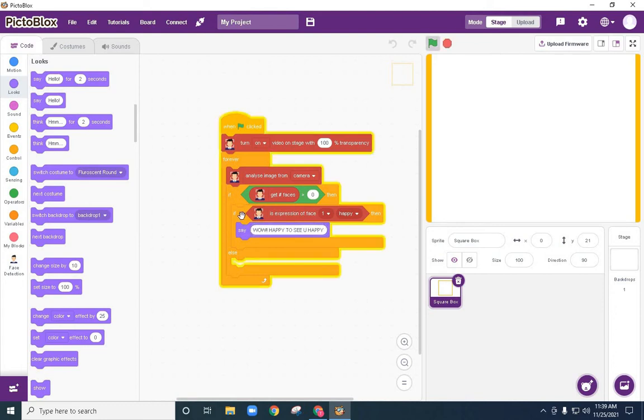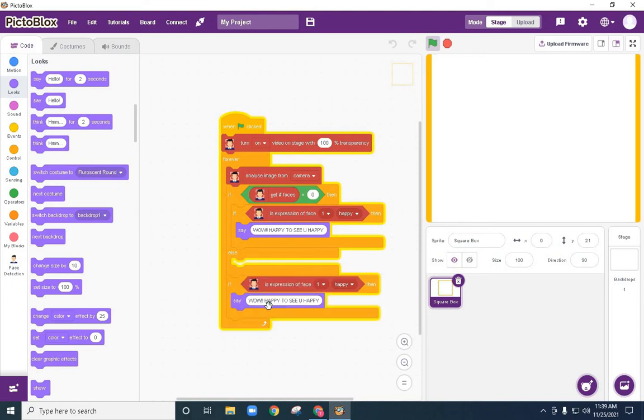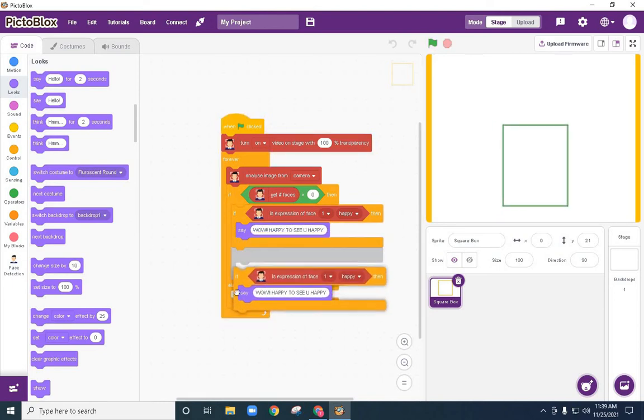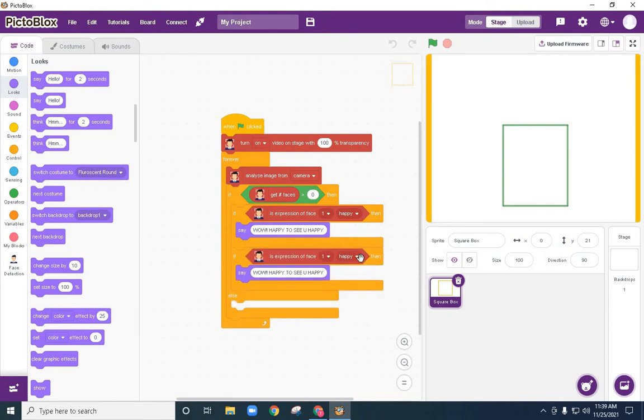Now I'll just make a copy of it. It is analyzing the face, it is hanged now. Okay, now I'll put it in another if it is sad, suppose, so it will display, hey, what happened, why are you sad.